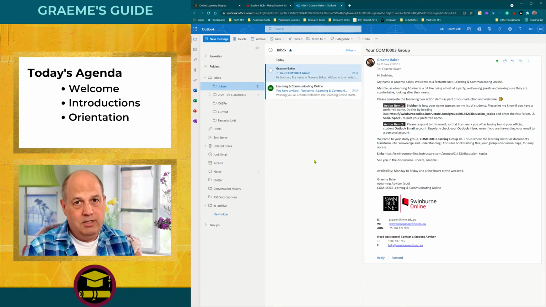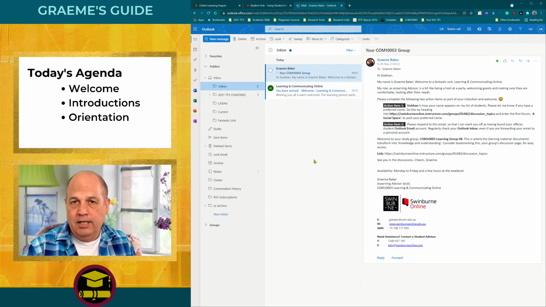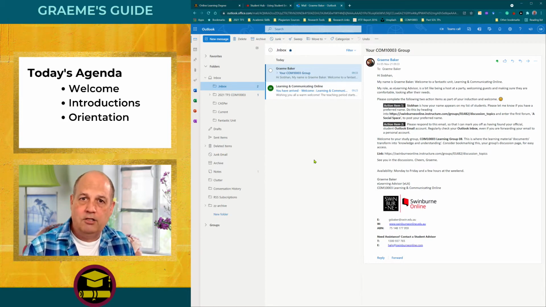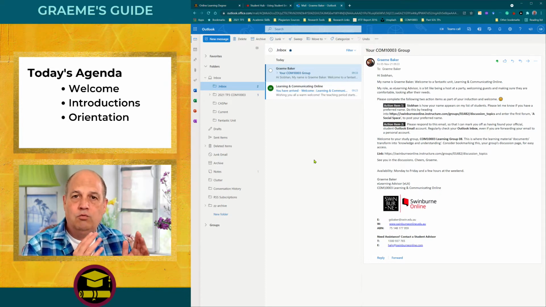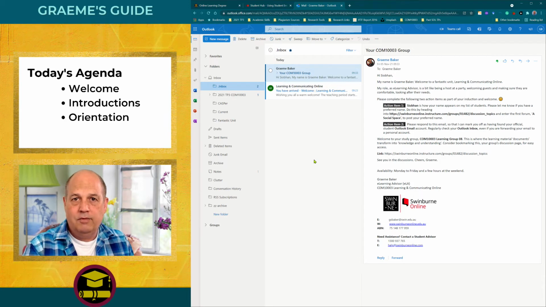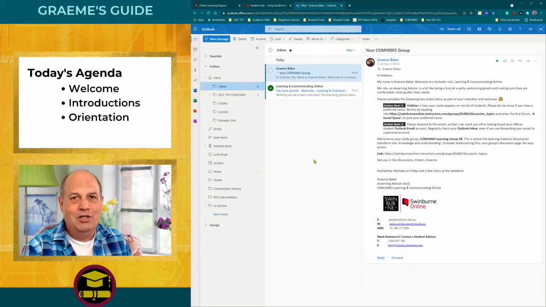There is another messaging app in Canvas, and that's for informal communication. But if you submit your assignment and it's a wrong file type, I need to email you and ask you to submit the correct file type. I will email to your Outlook email address. So there's a record of that communication. So I hope I've impressed on you the importance of checking your Outlook email, your student email account, at least